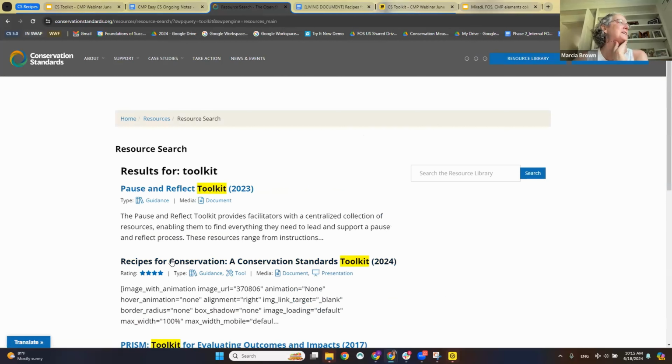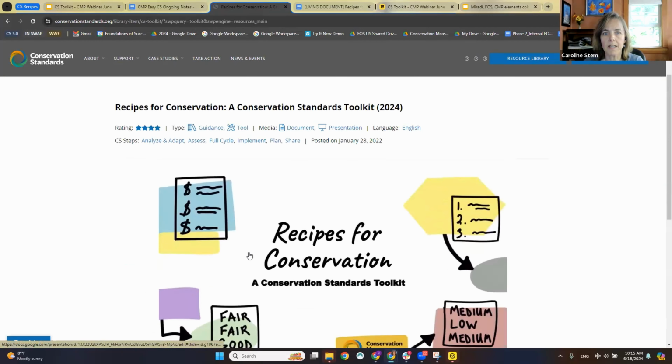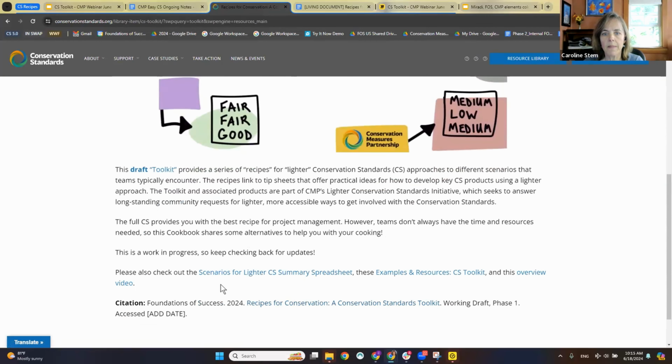Here we go. Recipes Toolkit. It would have worked slowly if I had just hit enter. So I'm going to click on this, and then down here there's a list of the different things